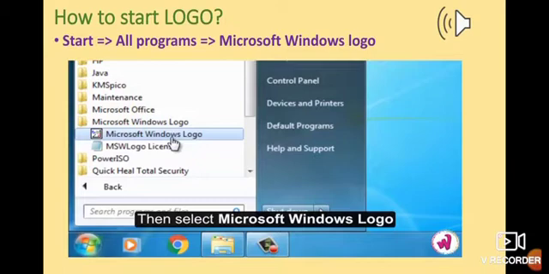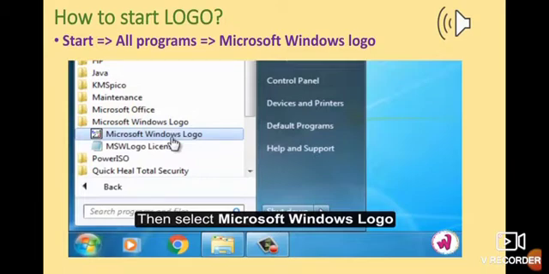So how to start, or how to find where the Microsoft Logo window is present in your computer? It is shown in the video, and it is also written on the top. First you have to press the button, first the UPS, and then the CPU and the monitor screen will open, and in the monitor screen first the welcome page will come, and then the desktop screen will be shown, and then you will go to the start menu.